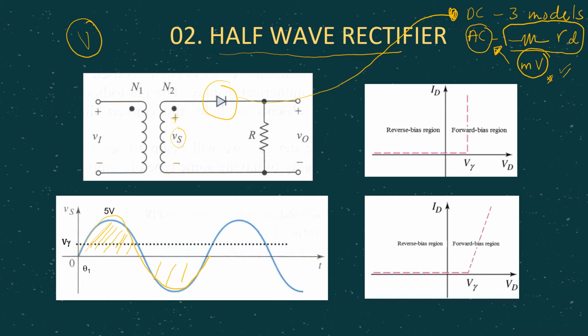Okay, so by doing so, we can see that this Vs positive one is connected to the positive terminal of the diode, while the negative one is connected to the negative terminal of the diode, meaning at this time the diode is under forward bias. Okay, then when we consider the second half, which is the negative half cycle here,